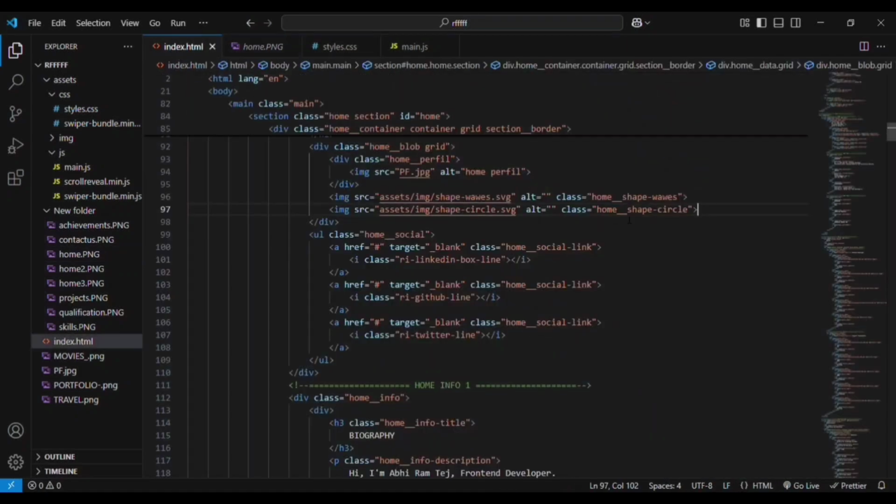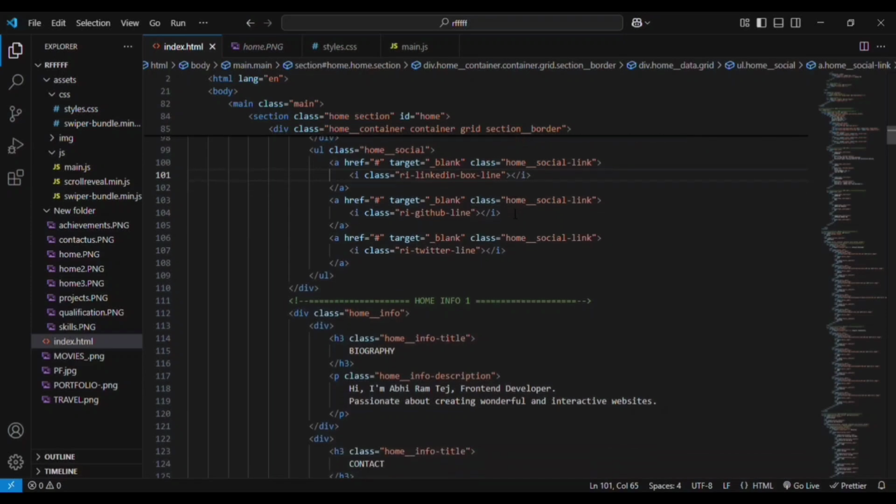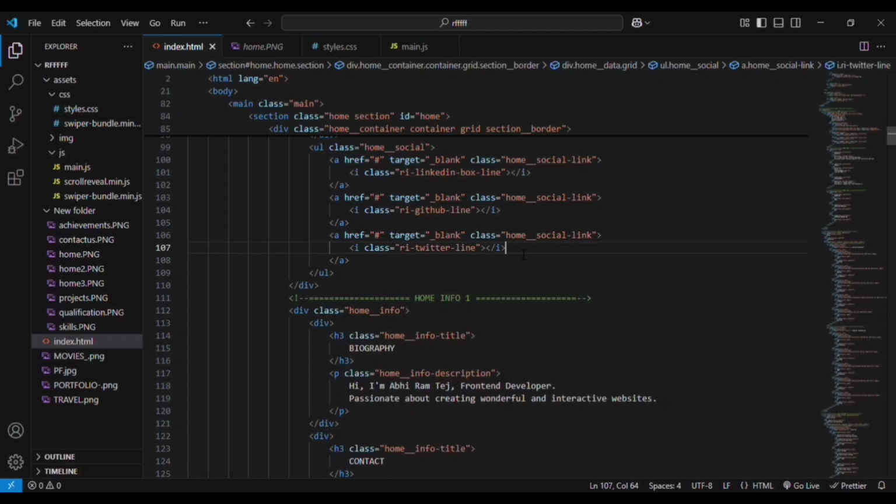Then we have another div, another list unit. We have an anchor tag. Inside the anchor tag, we have an icon tag for adding the Remix icons into our website. As you can see, I have added LinkedIn, GitHub, as well as Twitter. Then you can go to the